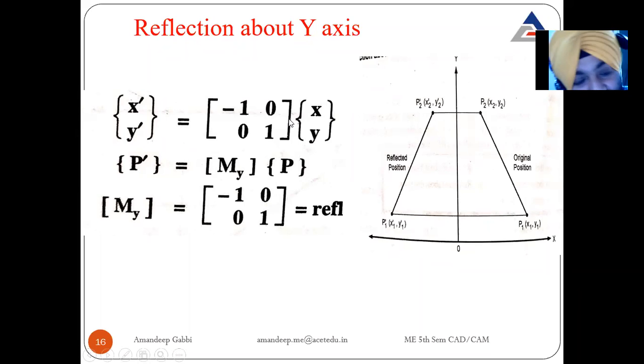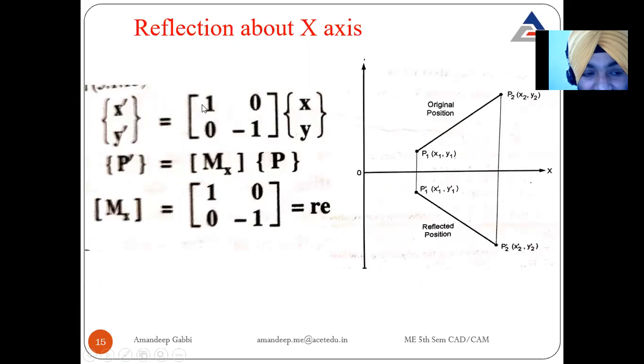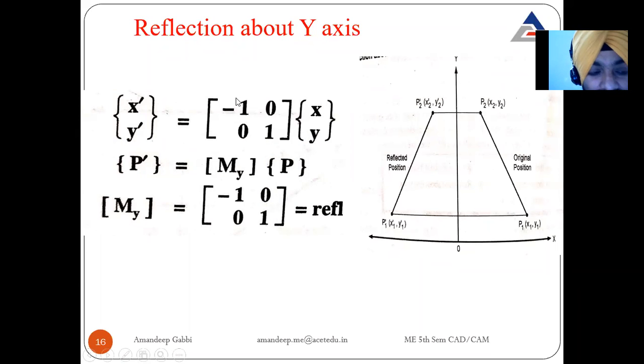In these two matrices you can see that here we have the unit matrix, and in the earlier case we have taken the minus at the bottom, and in this case we have taken the minus on the upper side, on the first one, right? So when you multiply this -1 with x, it will become minus x, and y with 1, it becomes y. So when it is reflected about y axis, x becomes minus of x and y equals y.